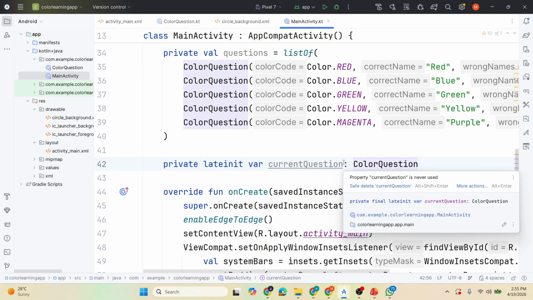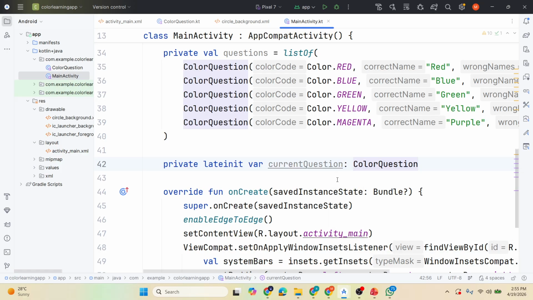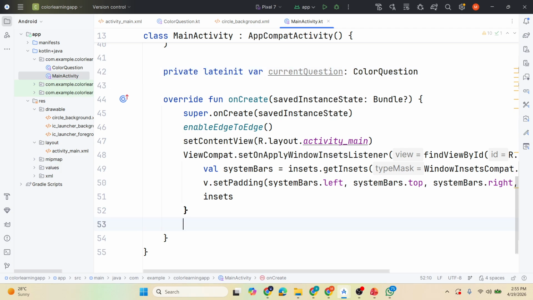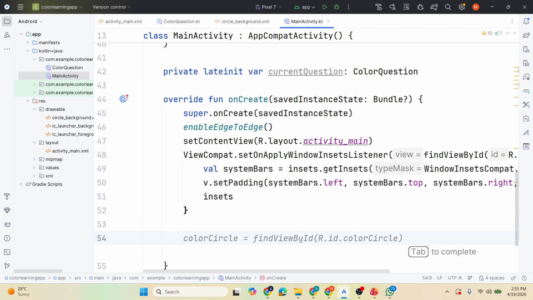Okay, now let us go inside the onCreate method and get the references of the objects which we defined